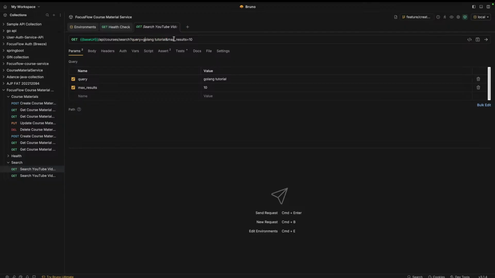Let's say this search basically goes to YouTube. Let's say I'm searching for system design, system design like this, right? And then here, this query string is to show me